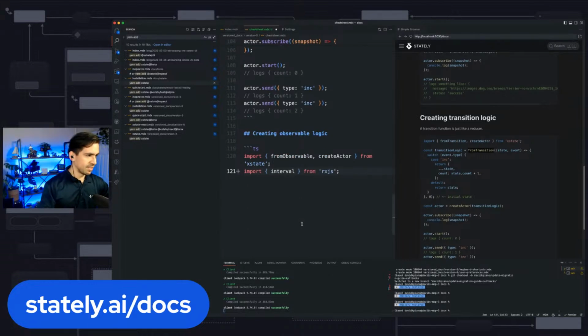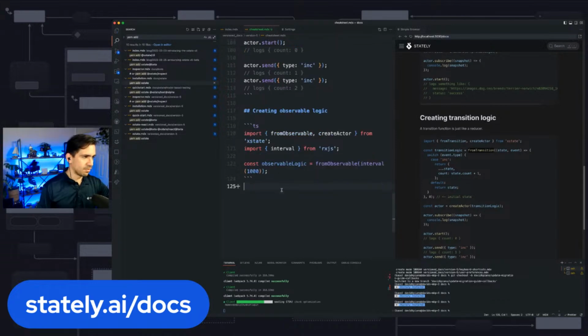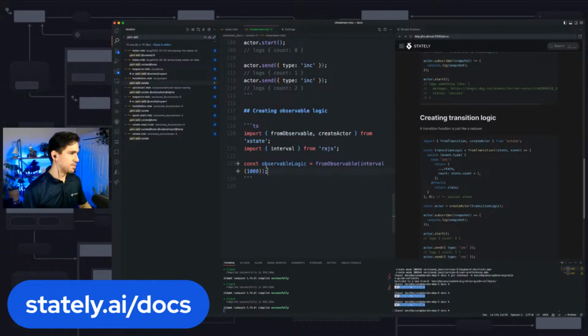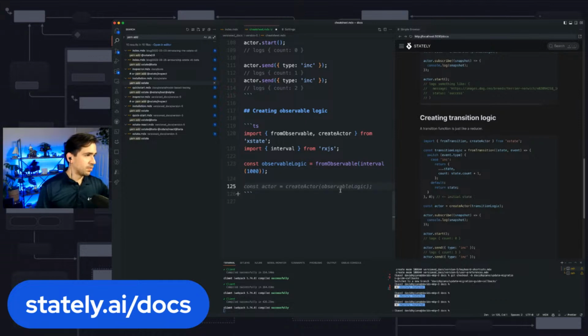I was literally going to say let's do an interval, because it's one of those easy things to understand the power of an observable, where it's many values over time, and what better than an interval to do that. Of course, you could do so many more things with observables. Just ask the Angular community. This one works pretty well. So from observable,